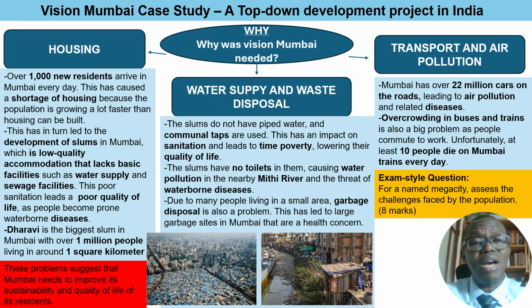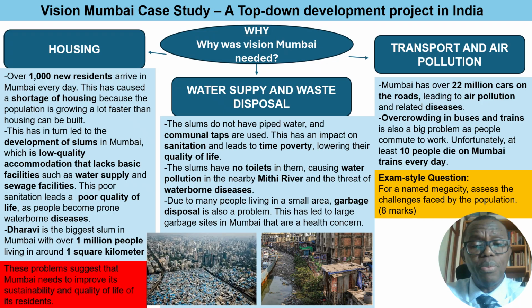Because if they don't have toilets within the house, then that means that they're likely to go outside to use the toilet. And that means that whatever is out there is then washed into the rivers, and that causes river pollution. Now, that is also not sanitary, not hygienic, and is also likely to lead to waterborne diseases such as typhoid and cholera and dysentery and so forth.